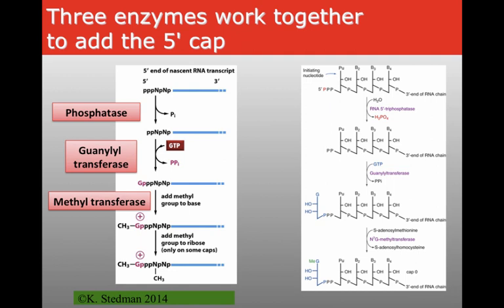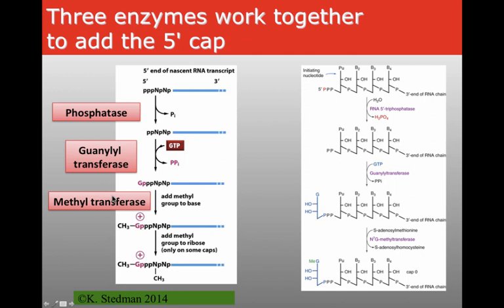And so this is a very strange 5' 5' bond that you get between the guanine, which gets put onto the end of your cap structure, and then the 2 phosphates that are left from the original part of your transcript. And it's probably because of that this is now protected from all those exonuclease activities, which will be coming in at the end, because they can't recognize that particular structure, and provides a very specific place for your cap-binding proteins, which are important for export and protection to actually associate with.